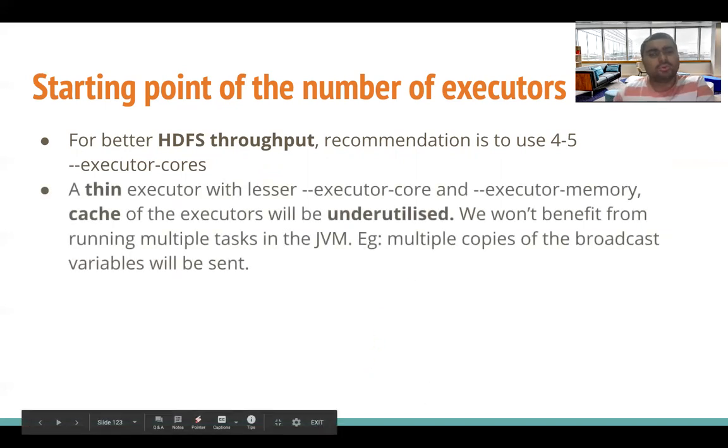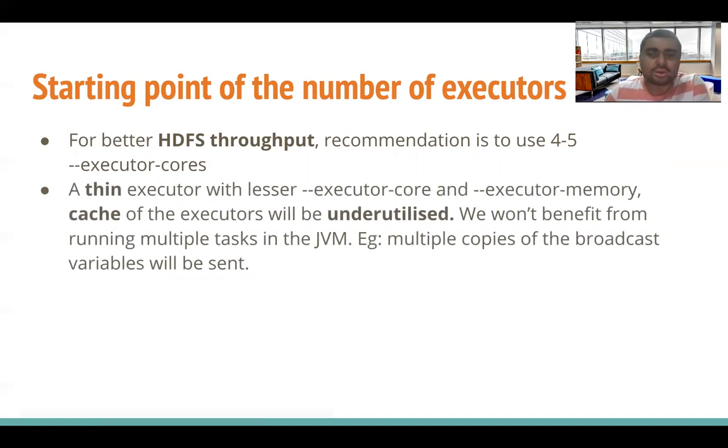Then if you try to use a thin executor, which means an executor which has a lesser number of tasks running inside it and a lesser amount of memory allocated to it, then it will not be able to use the caching, and your performance can be suboptimal, or you can say the resources will be underutilized.